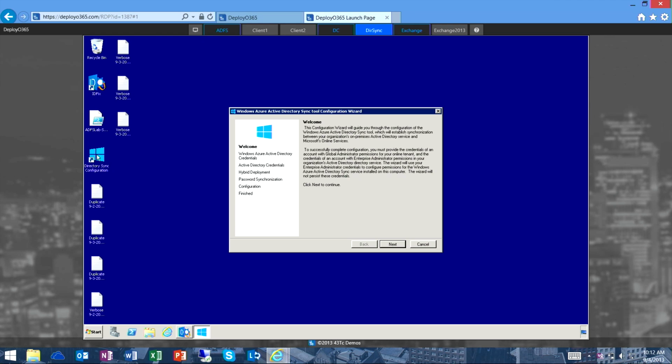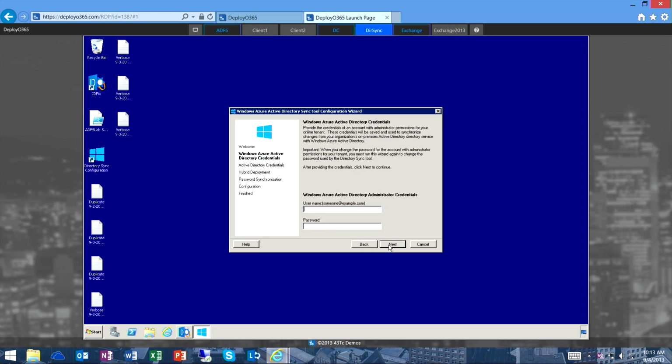Initially, DirSync was a 32-bit tool, with lots of PowerShell access to actually go and force sync and those kind of things. And that's still there, but we've got a nicer GUI on it as well. Now, one of the things you're going to probably see here is that we call this out as Azure Active Directory synchronization. Truth is, behind Office 365 is a Windows Azure Active Directory. We figure, let's let the Active Directory service team run the Active Directory service. It makes sense, right? So when you're synchronizing your accounts up, they're actually going to a Windows Azure Active Directory, and that's what this tool will set up the synchronization with.